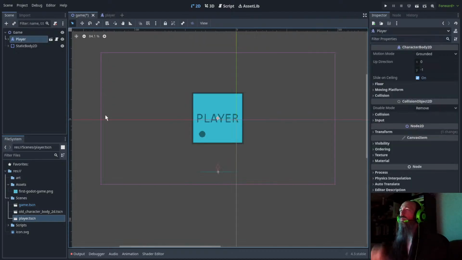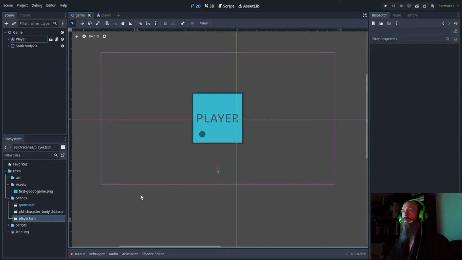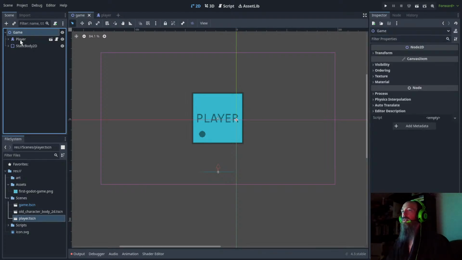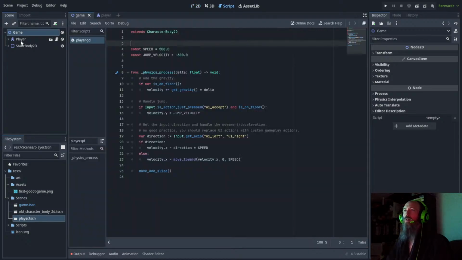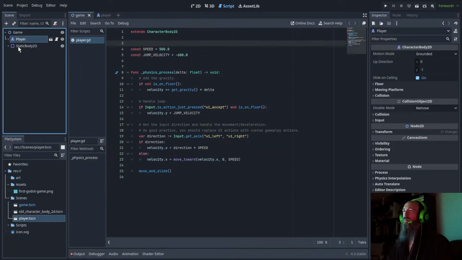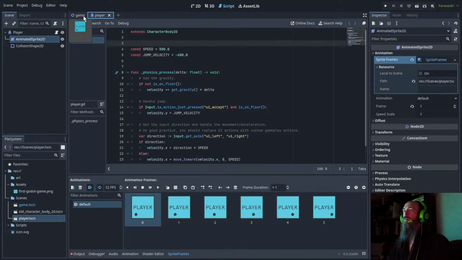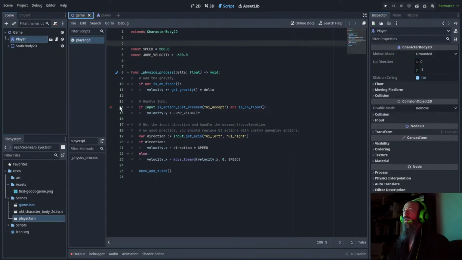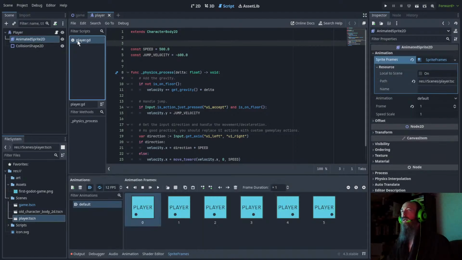So that means, now where is my script? So basically I've got a script here, and that is a script that's extending character body 2D. And I'm just still figuring out, okay, so we've got game.gd, player.gd,